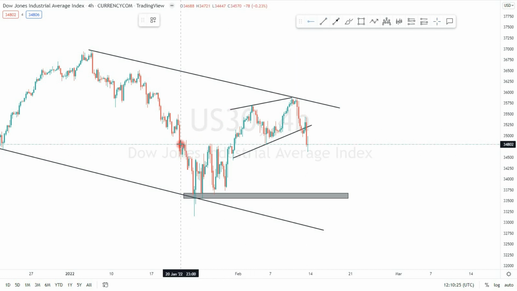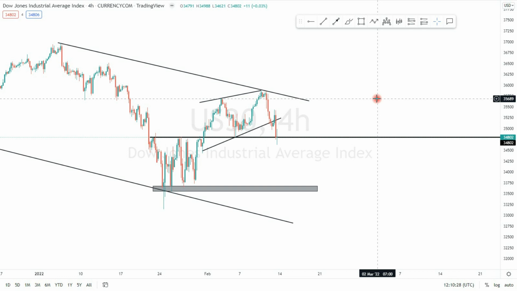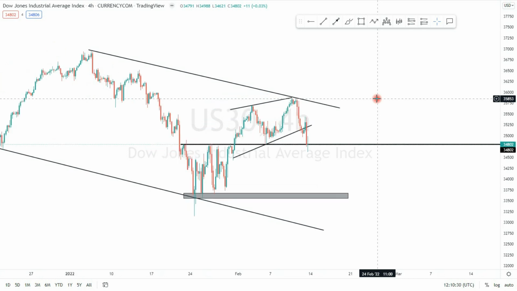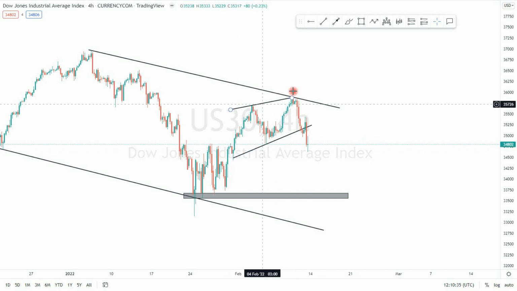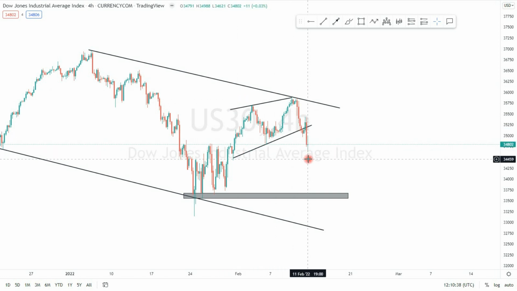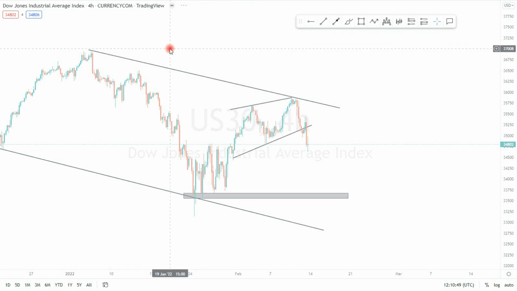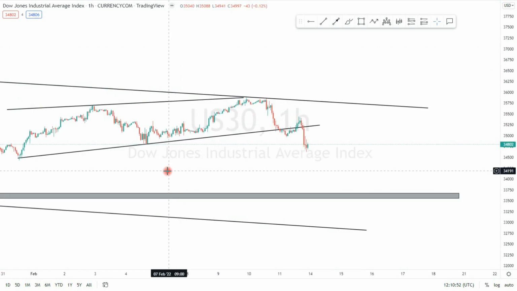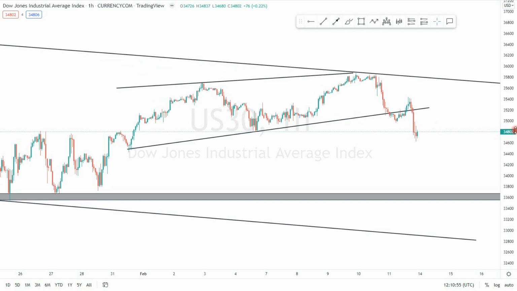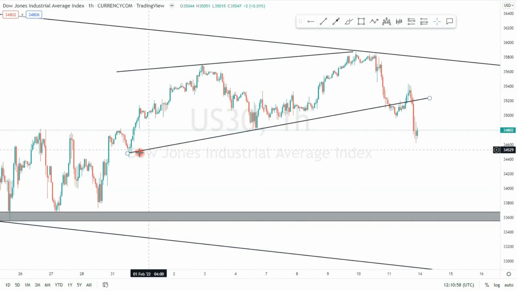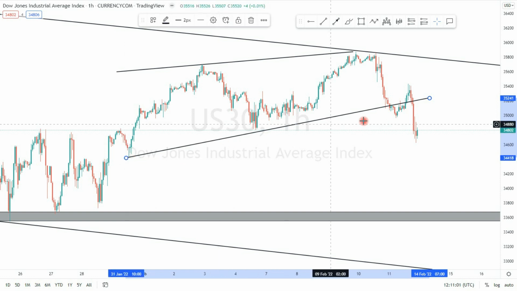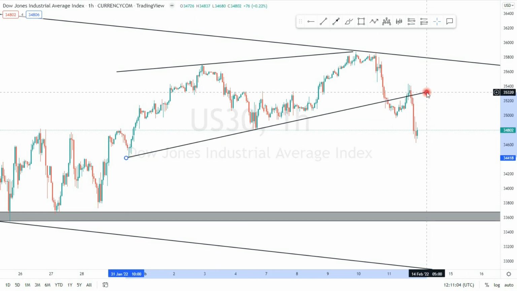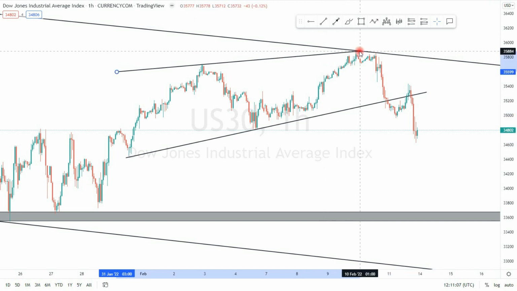Also, we should not neglect this one right here, which will be much visible on a smaller time frame, so I will delete it for now. We just broke out of this channel right here, and then we are waiting to go down. Maybe at these areas we might bounce and then continue going up, but then the perfect entry would be when the market reaches this area. And just like that, this is the structure that we are having. I'm just going to adjust my trend lines. Good,